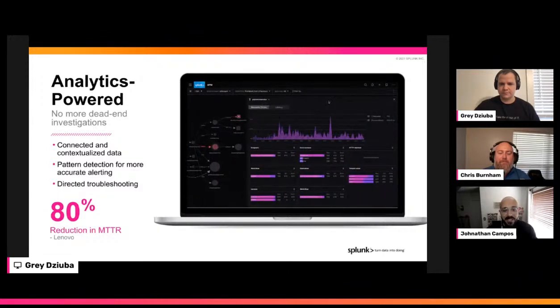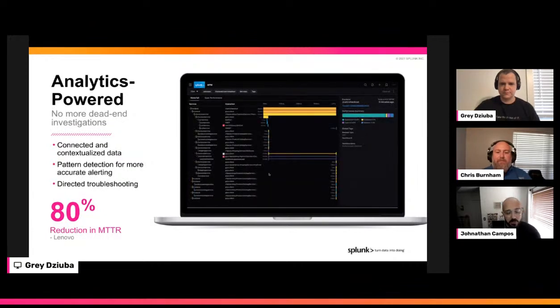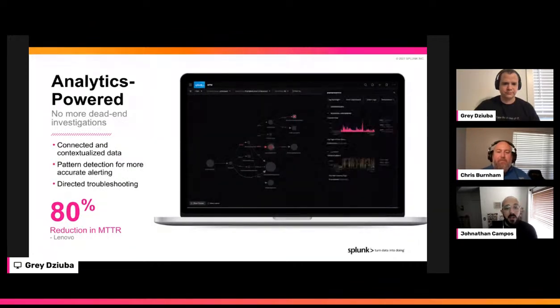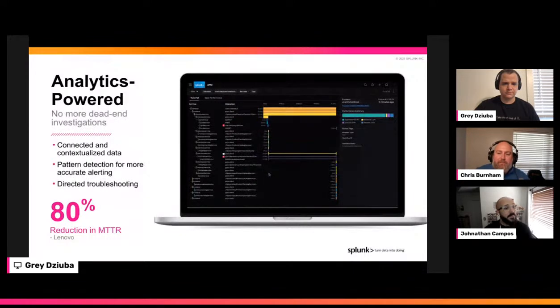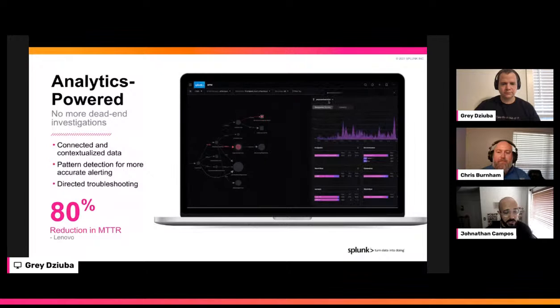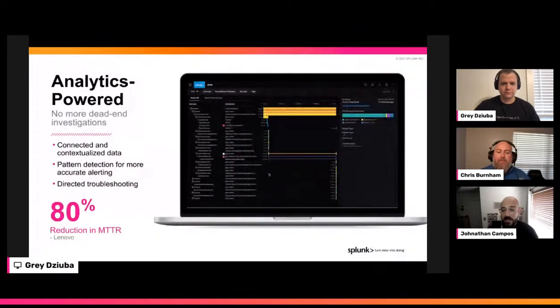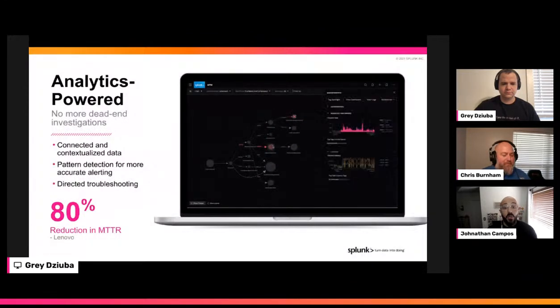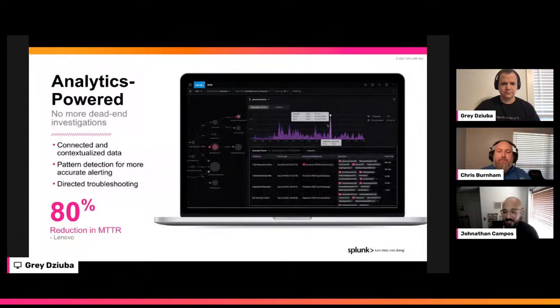It's going to help you find the answer easy. So we look at a lot of these tools that we see the screen kind of moving here, and we can see all of these tools. We may think to ourselves, well, man, all of this stuff is going to take a lot of time to set up. Well, guess what? Pattern detection is built in. Direct troubleshooting is built in, and you're going to reduce that MTTR by quite a bit. We're going to find the answer quick, and that's the key component. There's no more dead-end investigations.